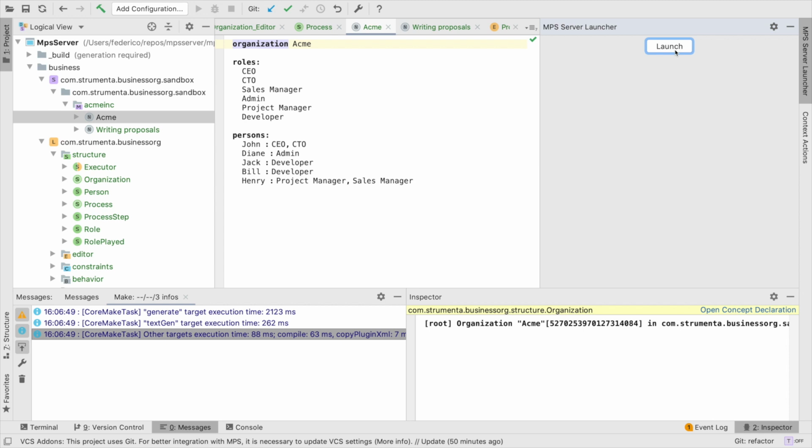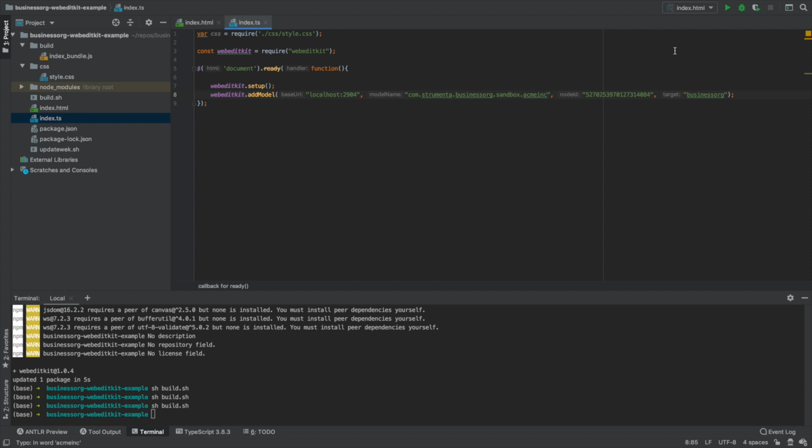Okay, that's it. So let's go back to TypeScript. Now we have the server running, we have all the code. Well, I built all the code. There are some configuration details, like I need to specify that WebEditKit is my dependency, and then I am using browserify to generate JavaScript from TypeScript and added all the dependencies. These are details, but the result of this